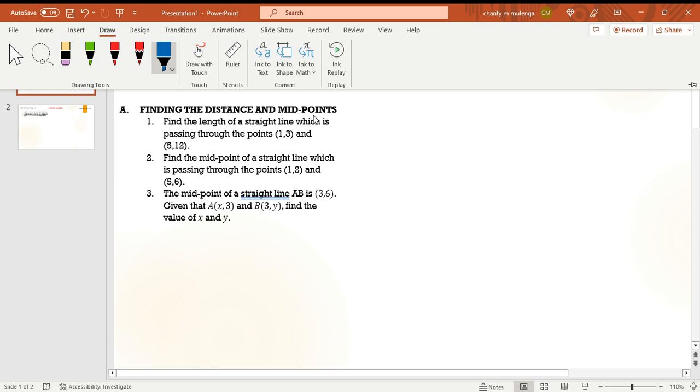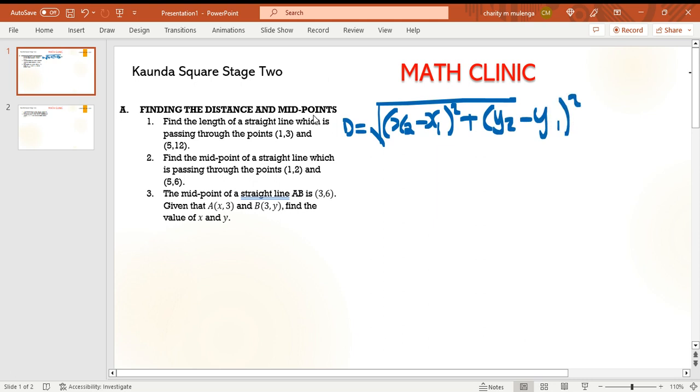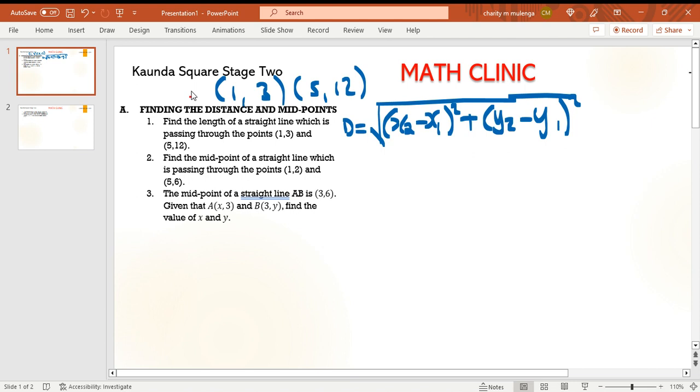Now, to find the distance between 2 points, we use Pythagoras' theorem, or the Pythagorean theorem as others would call it. Remember that is x1, that is y1, that is x2, that is y2. Okay, so to find the distance,